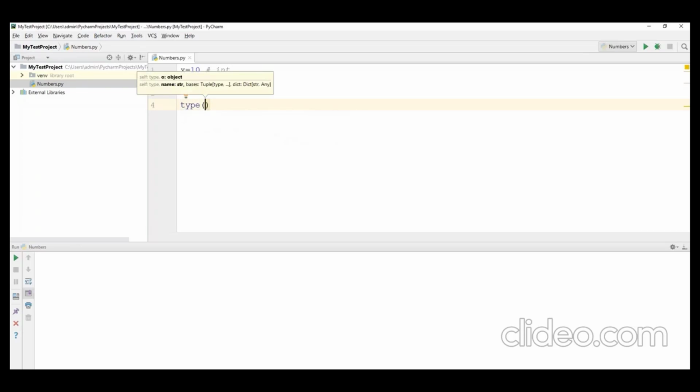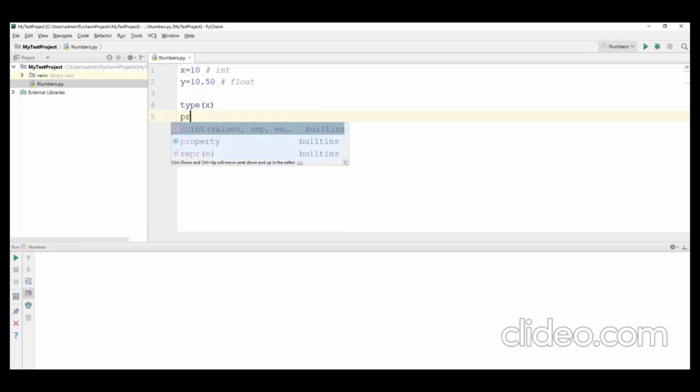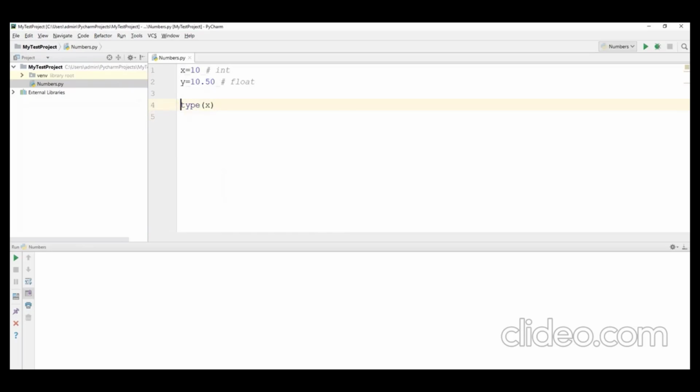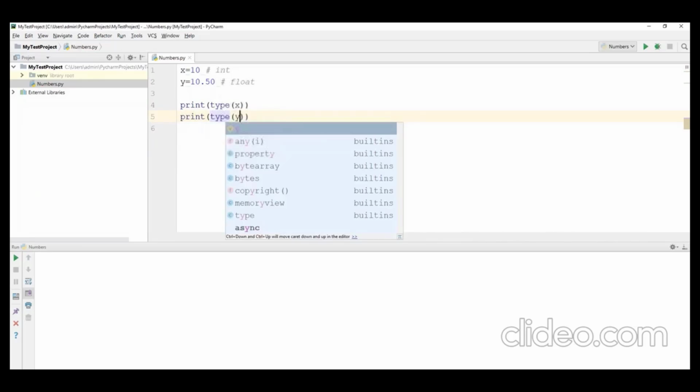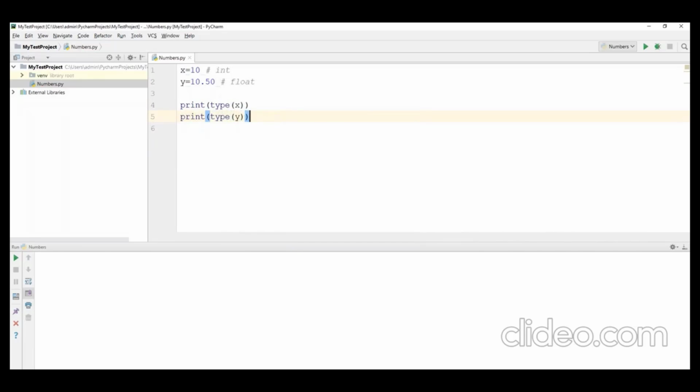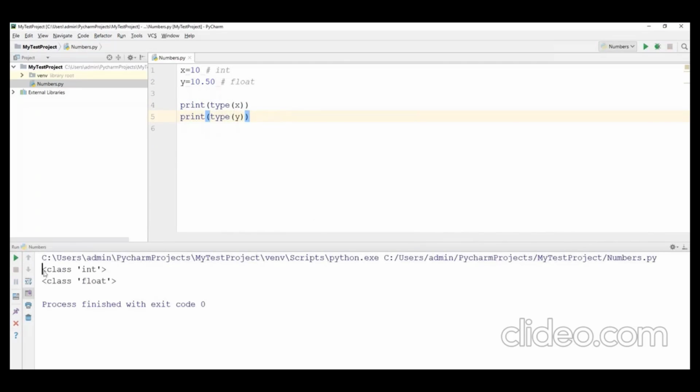We'll print type of x, and similarly print type of y. Now let's run this code. It tells us the first variable belongs to int and the second variable belongs to float. So these are the two number types available in Python.